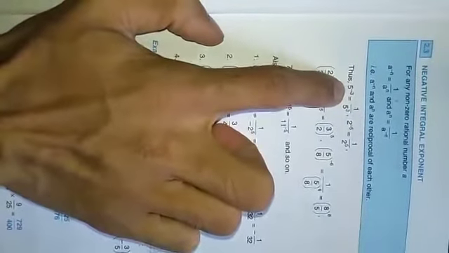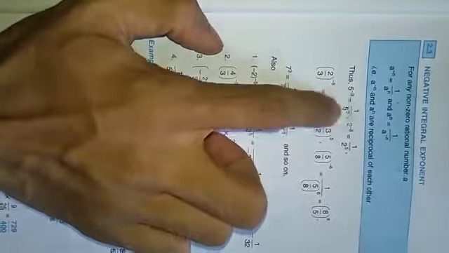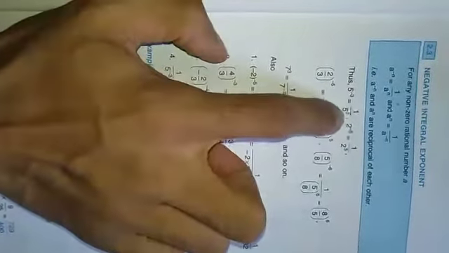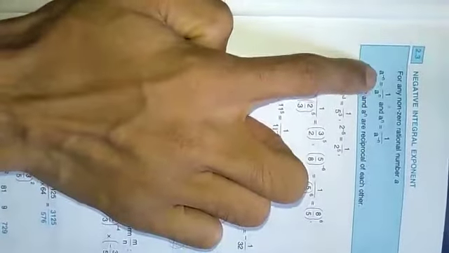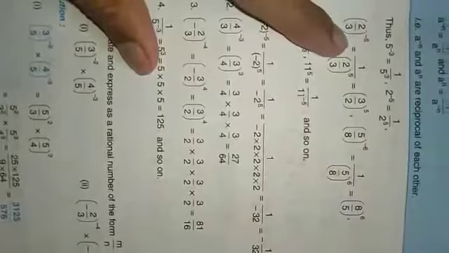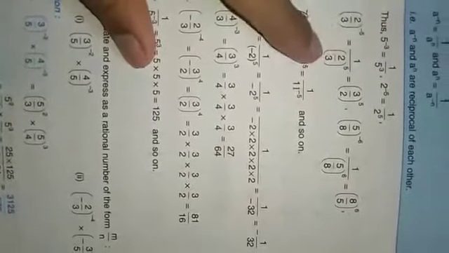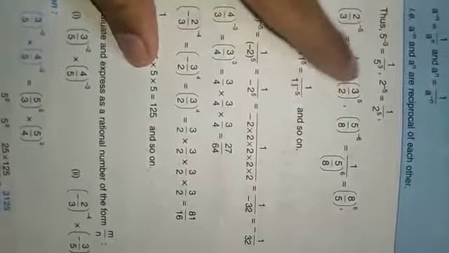Always remember it. Okay. Suppose we consider 5 to the power minus 3, so we can say that it is equal to 1 by 5 to the power 3. Or if we say 2 to the power minus 5, that means it is equal to 1 by 2 to the power 5 according to this. A to the power minus n equals 1 by a to the power n, isn't it? So again, if we say 2 by 3 whole to the power minus 5, that means 1 by 2 by 3 whole to the power 5. So ultimately it will be 3 by 2 whole to the power 5, isn't it?